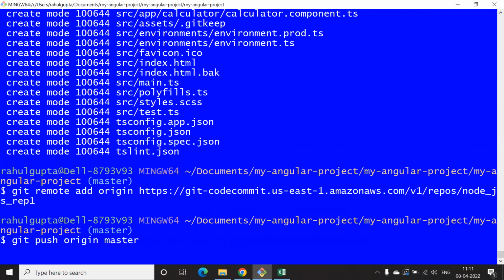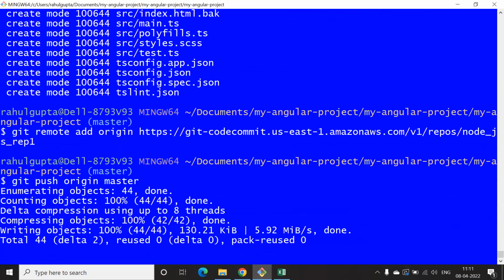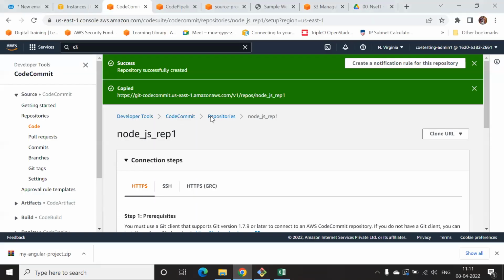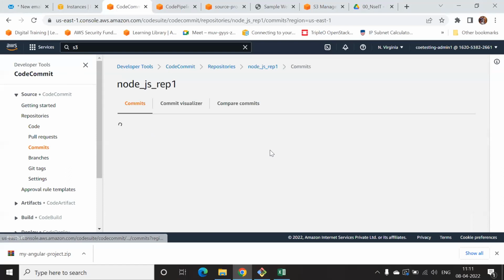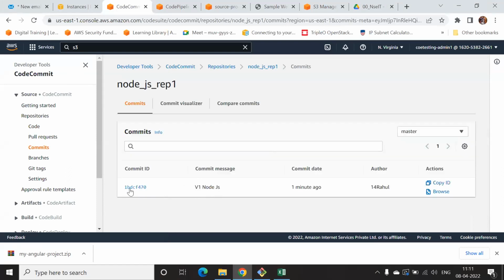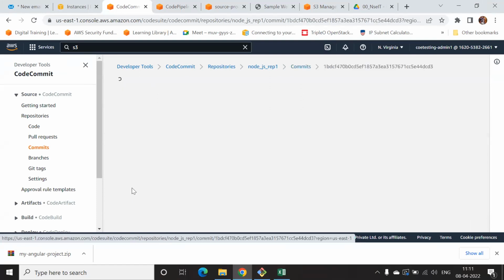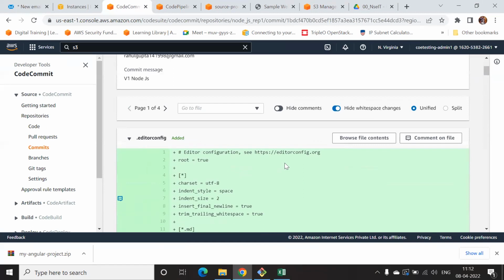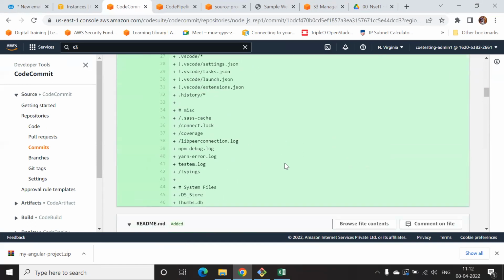Should ask you for the username and password. Oh, sorry. You're in Virginia. Okay. Now go ahead and verify it. Verify all the files are there in the commit. Showing all the files, but